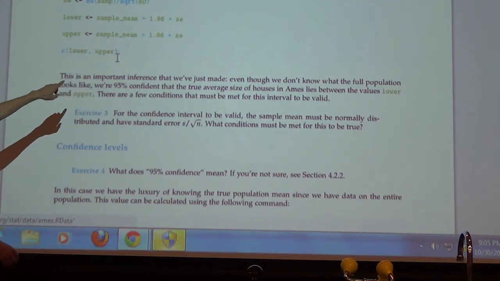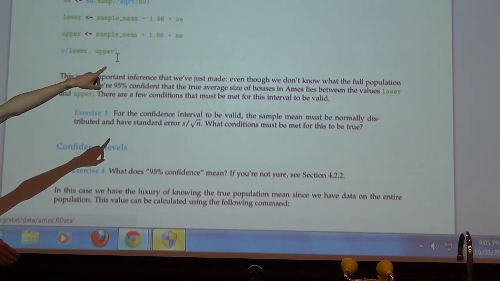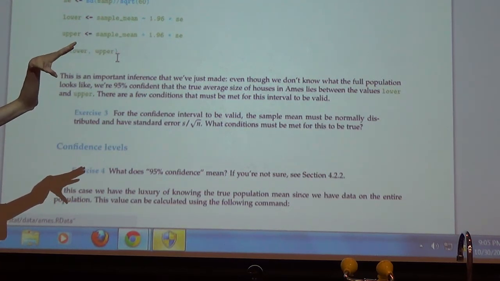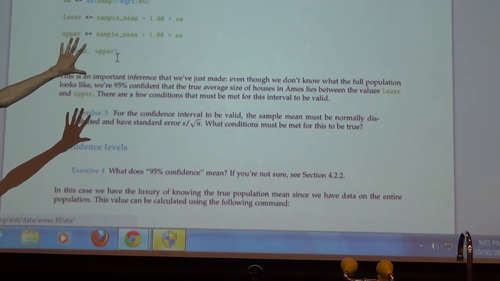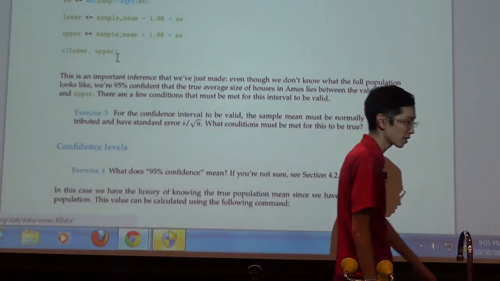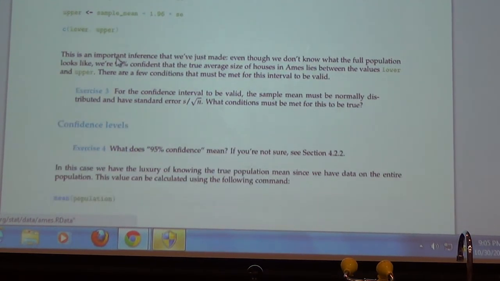Technically, this is not 100% correct, okay? Because we should be compensating using the t-distribution. But for the purposes of the lab, 1.96 is mostly sufficient for this part, okay? And you're going to